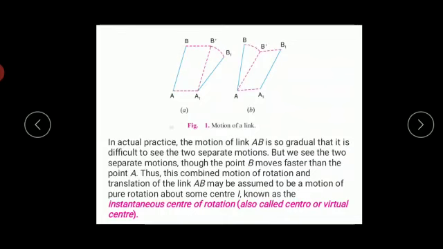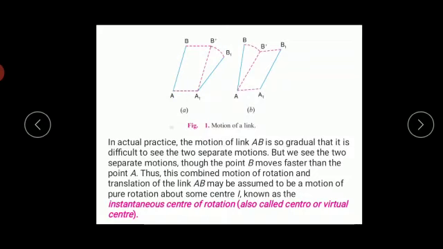Let us go to figure B. Again we have link AB, and this link is going to achieve the final position A1 B1. But in doing so, first the link rotates about point A to achieve position A B dash, and the final position A1 B1 is achieved further by translation. As we can see from both figures, in the first case, figure A, it is first translation and then rotation, and in the next figure it is first rotation and then translation.